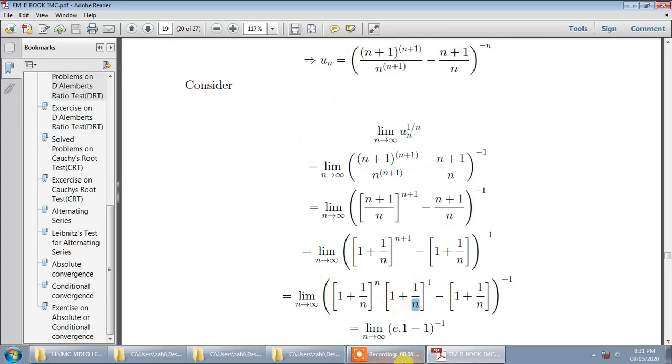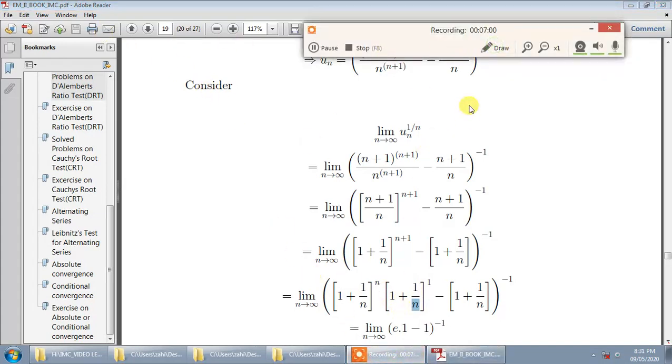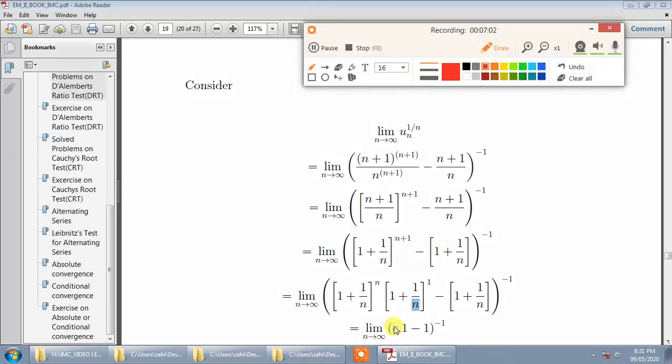So you observe that. Okay, so this term becomes 1, and this is the standard result. Limit n tends to infinity of 1 plus 1 by n raised to n will be equal to e. Okay, and this also will become 1. Okay, if I put n equal to infinity, so we get 1 plus 1 upon infinity, that is equal to 1 plus 0, that is equal to 1. Okay, so raised to minus 1, that gives you e minus 1 raised to minus 1, and e minus 1 raised to minus 1 is what? 1 upon e minus 1.